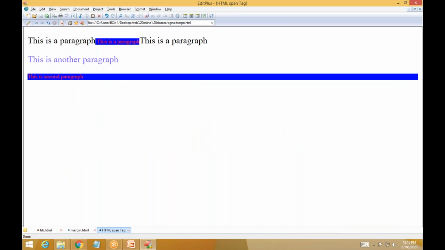So what is the span tag, and what is the division tag? See what it does: with a span tag, only that much space is occupied when you apply the color, border, or whatever it may be. Anything you can apply on a span tag, but it takes only as much space as the text. But in the division tag, it takes the entire width, not only that much. If it is only one word, it takes the entire width. If it is four words, it takes the entire width. That is the division and span tag, right?